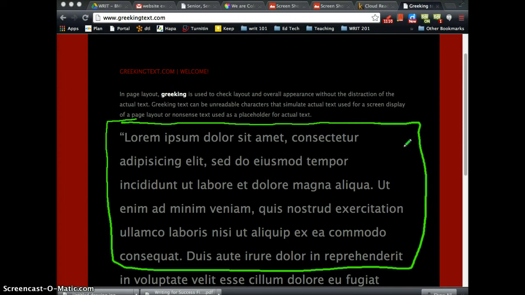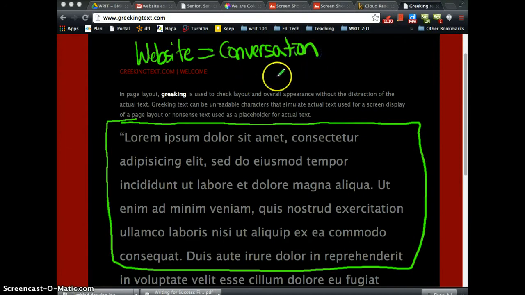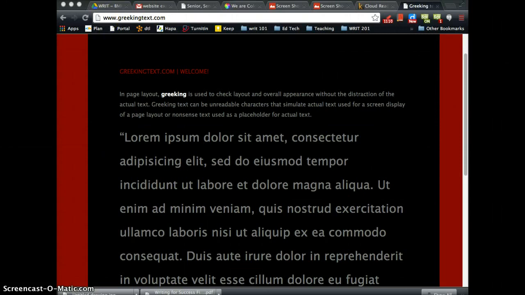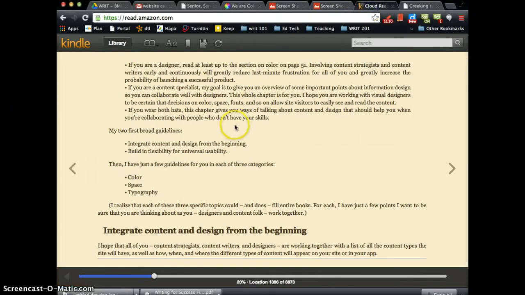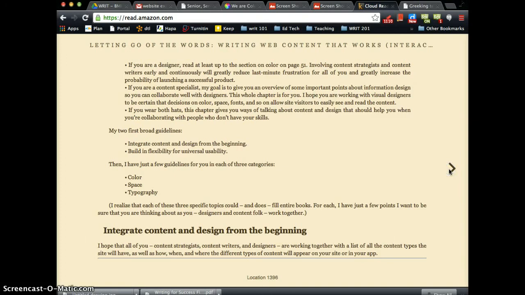Now the problem, once again, that I mentioned is that the main point of your website, a website, equals a conversation. And if your entire design is not incorporating this conversation, you can't really have your conversation here and your design over here. The two really need to be working together in a symbiotic relationship. So what the author is going to suggest is that you really avoid that process and you avoid Greeking of the text,